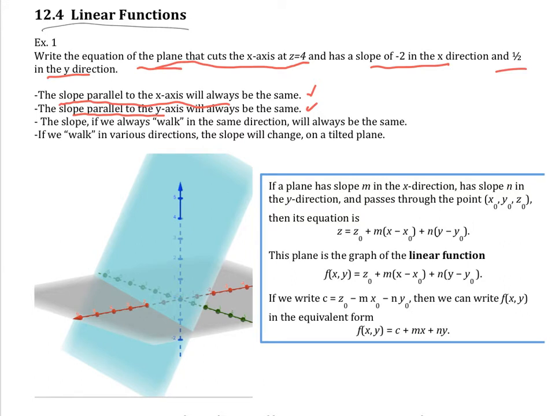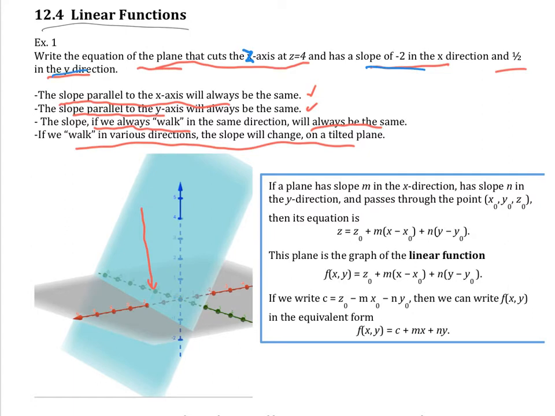Then the slope, if we always walk in the same direction, will always be the same. So if I'm always walking on the plane this way, the slope is always going to be the same. And then if we walk in various directions, obviously the slope will change on this tilted plane. I made an error here. This should be the z-axis. Okay, it cuts the z-axis at z equal to 4 and has a slope of -2 in the x and